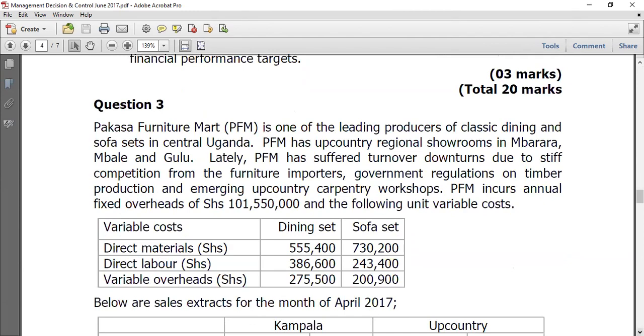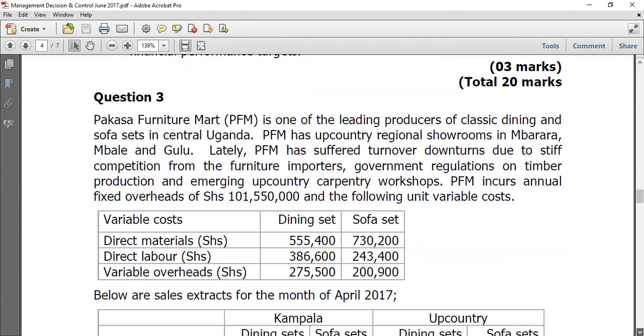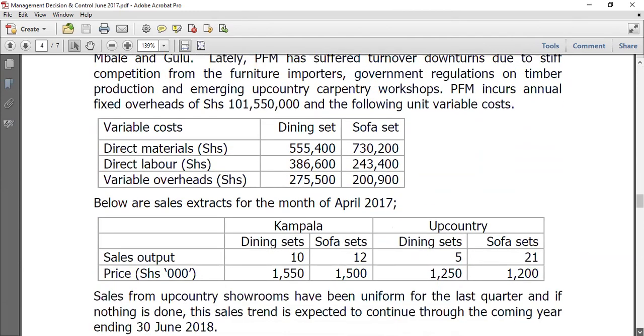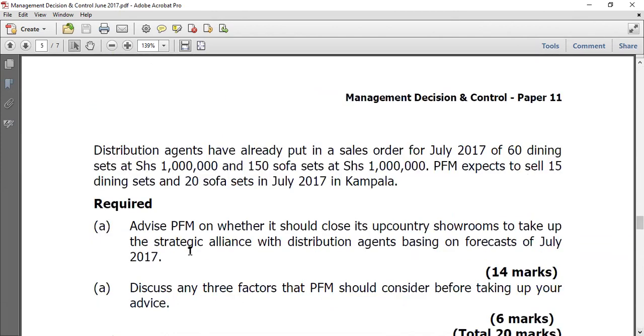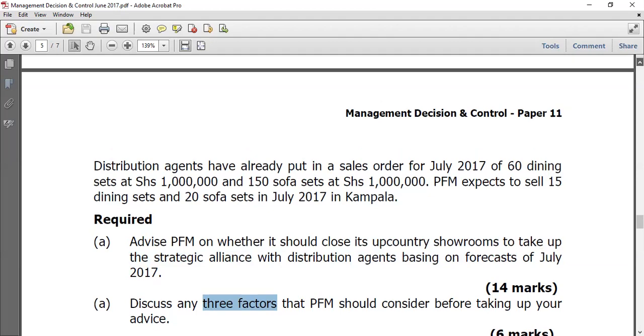Okay, question 3 is for Pakasa. Let's just get down onto what is required. They want us to advise PFM on whether it should close its upcountry showrooms to take up the strategic alliance with distribution agents based on the forecast of July 2017, and 3 other factors to consider. I think this is like a short-term decision,